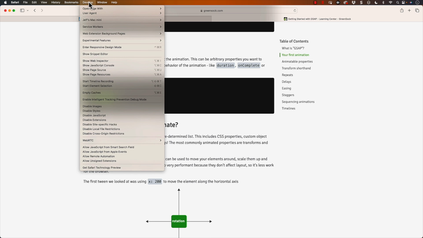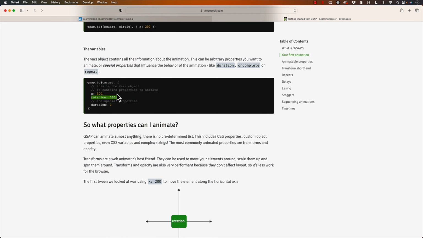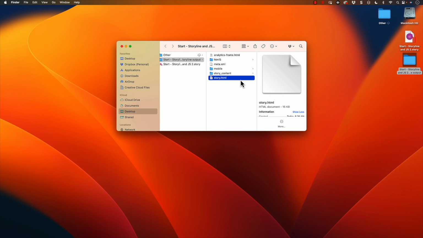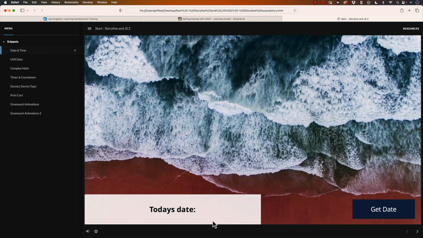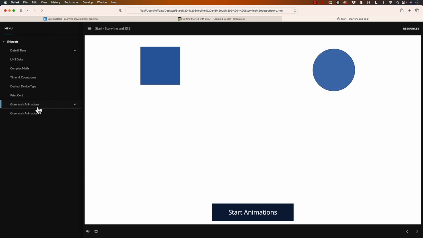Now I'm on Safari, so I go to develop and then I go to empty caches here. So now I need to double click on that to launch it again. I'm going to click on restart just so it gets a refresh here. Click on Greensock animations and then click on start animations. So you notice how it did not only the Y value, it moved it down, but it also rotated it